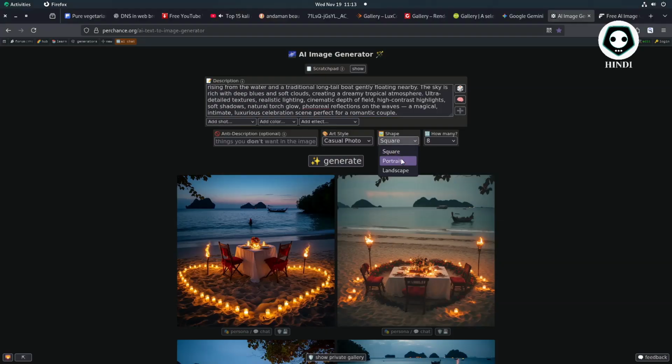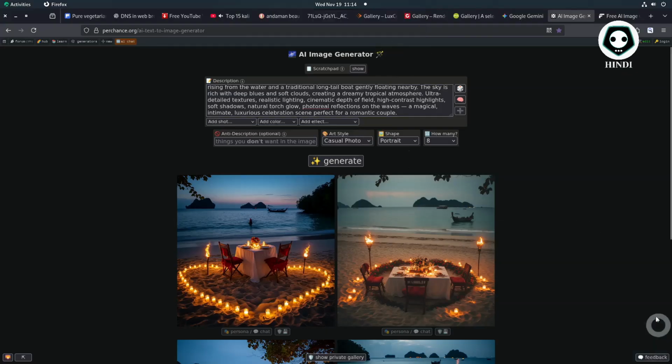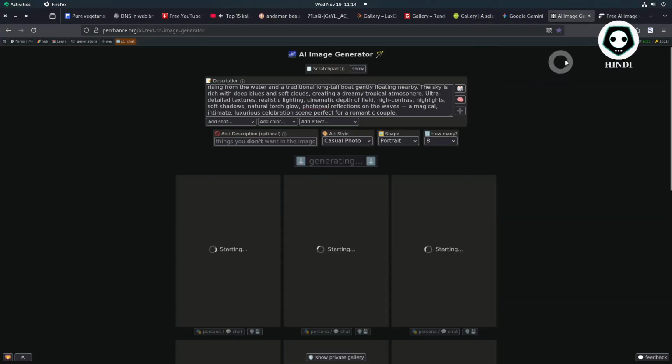Perchance is a very wonderful AI generated software alongside Gemini photo generated tools. I love this one. I am using the two web image generating in my daily work for making a flyer design or making AI generated poster.